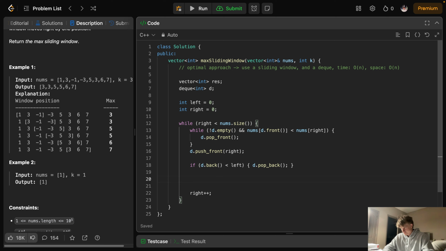And then finally, we need some code that updates the answer and moves the left pointer when it's time. We can update our answer for our sliding window and start incrementing the left pointer once the right pointer gets past the window size. So to check that, we'll just say if right plus 1 is greater than or equal to k. So if that right pointer has passed the window size, then we can